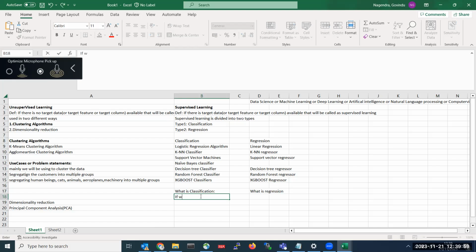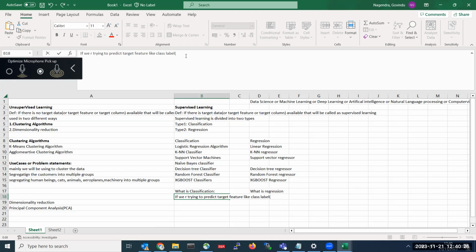So in classification, you are trying to predict a class label, a target feature like a class label.